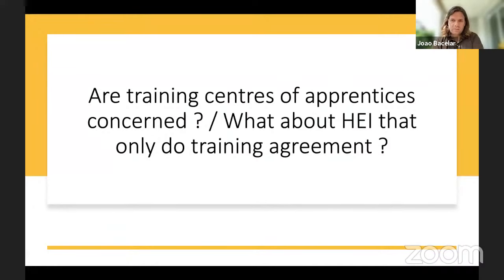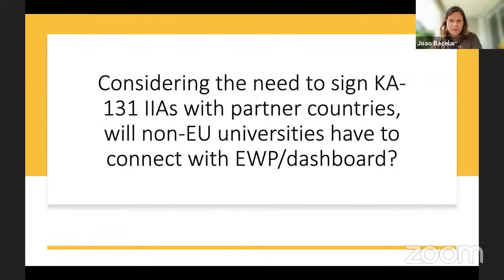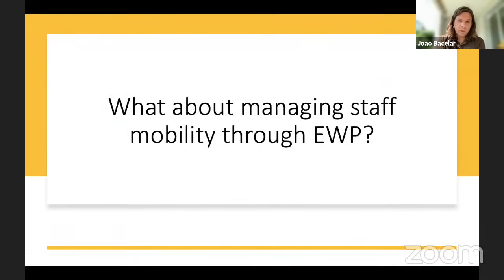But there is a common thread to the next couple of questions. We also get questions about the new Key Action 131, about the partner countries and whether they need to be connected. We also get questions, for example, about staff mobility and whether that can be managed through EWP. And we've said it a few times, but not necessarily everyone has the time to go to every webinar or